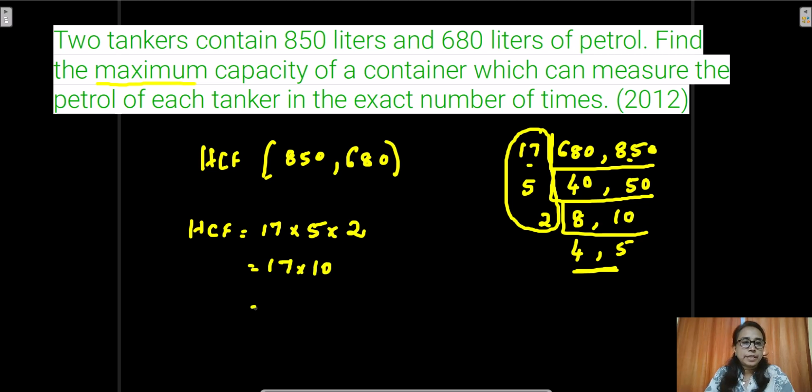17 into 10 is equal to 170 liters. Write this liters also, unit also. Whenever you are writing maths, whenever you are solving any question, don't forget to put the